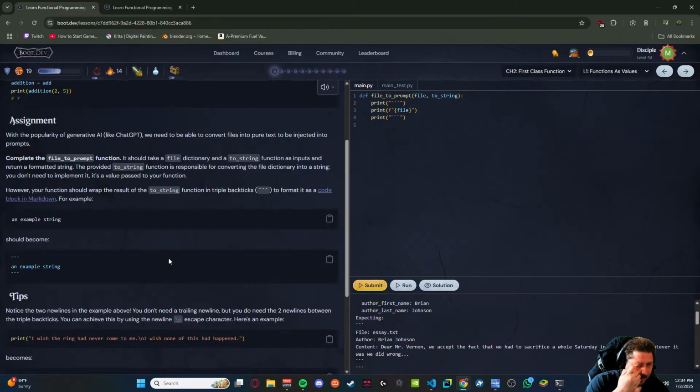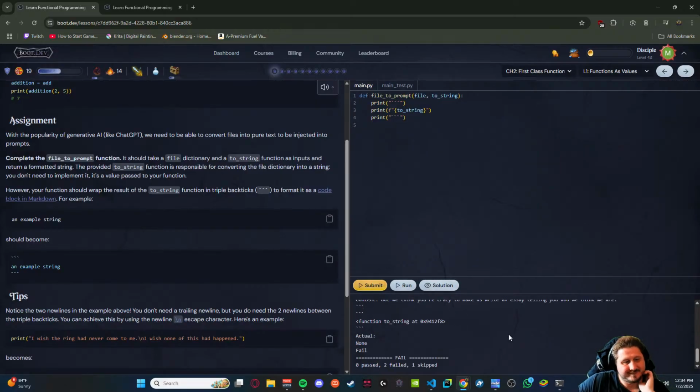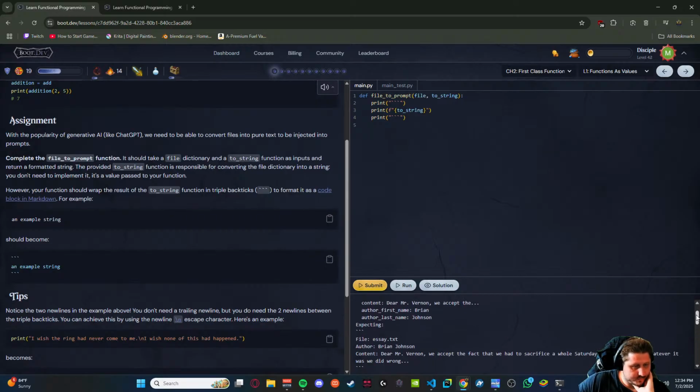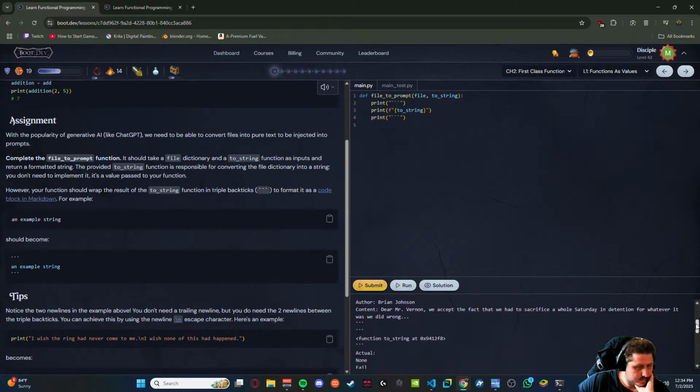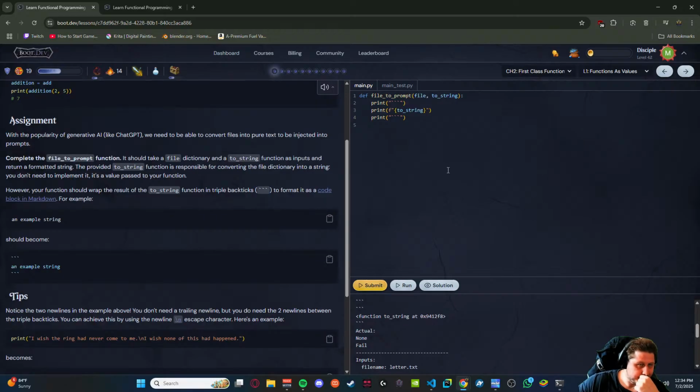Oh, the file doesn't contain anything. So if I just print the string, that's what it gives me, right? How it works. Nope, not it either. The hell's it printing then?